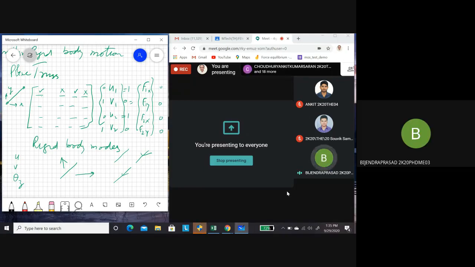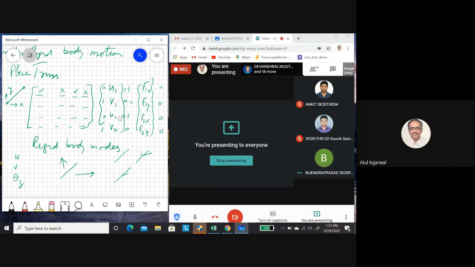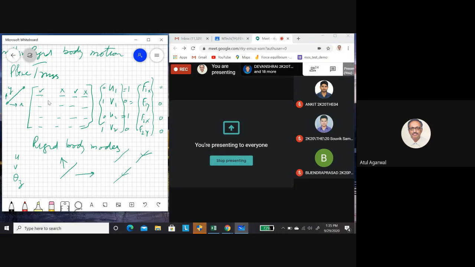Can you tell this when it is moving at 45-degree? What did you tell? I did not follow it. Look, then all of them become 1. So all these terms have to add up to 0.